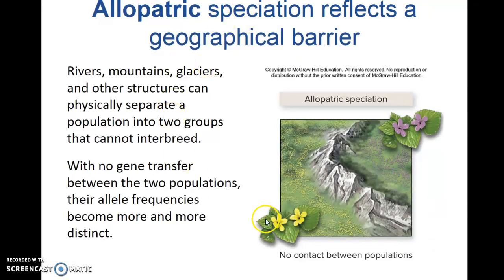So in this case, we have these lovely flowers, the yellow flowers and the purple flowers. Let's say this huge mountain range popped up in between them. Obviously the yellow flowers and the purple flowers used to be the same species, but they can't reproduce anymore, so we can't cross these plants with each other anymore. And so the gene pools become isolated and they become distinct. And if enough changes have happened over time that once we put these two plants back in contact with each other, they can't have offspring anymore, then they will be two separate species.